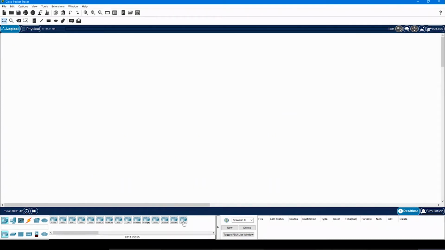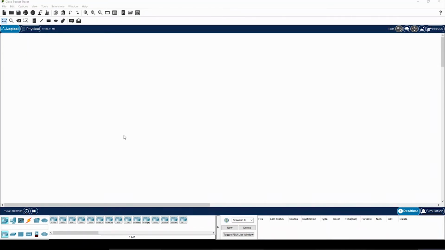These are the available routers which you can use for your labs. And routers are nothing but a device which is used to make communication between different networks possible. So as we discussed, the communication which was not possible, we just said that it's not possible.